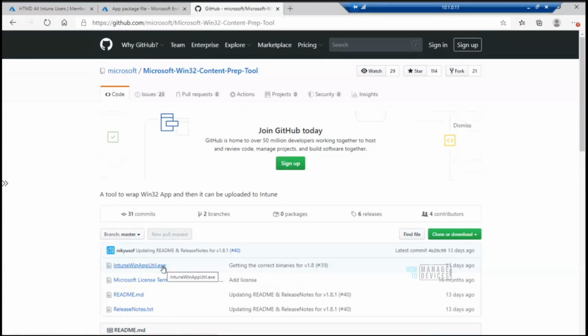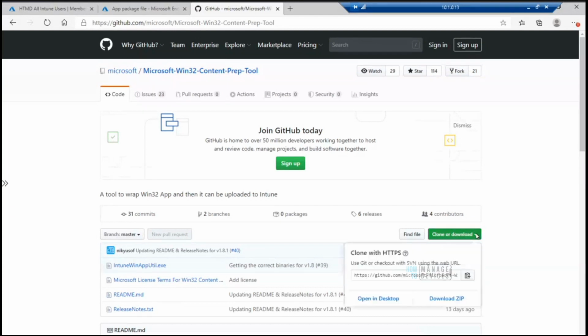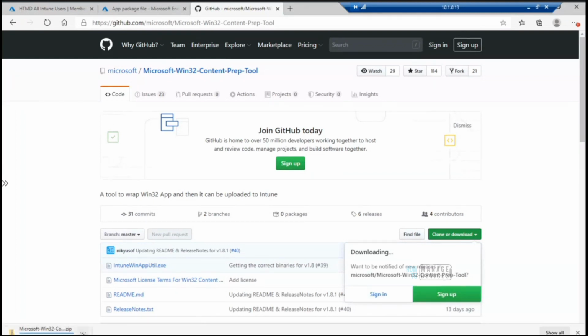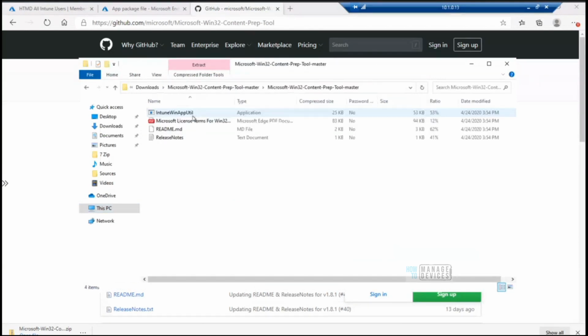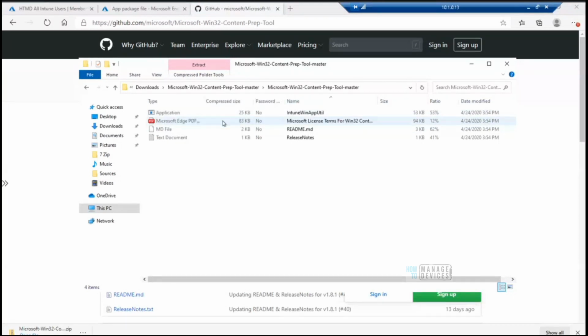I would always recommend clicking on clone and downloading the zip file. Once you have that zip file, you can go into that folder, and the zip file contains all the information you need.